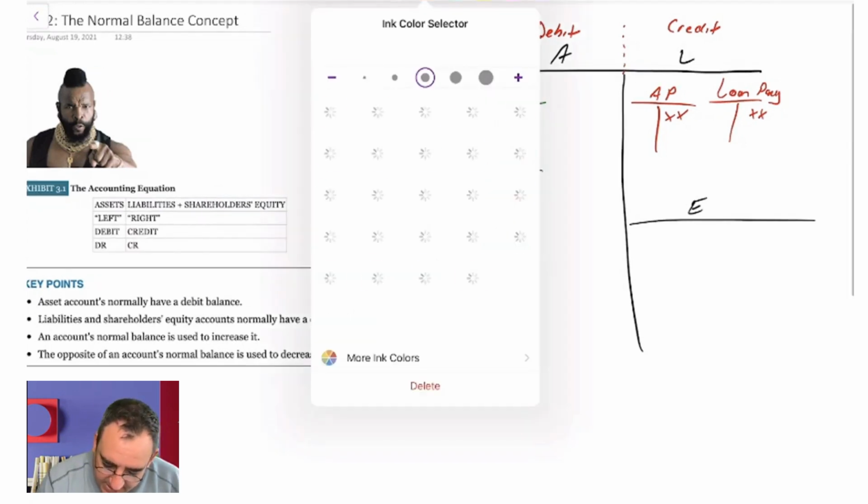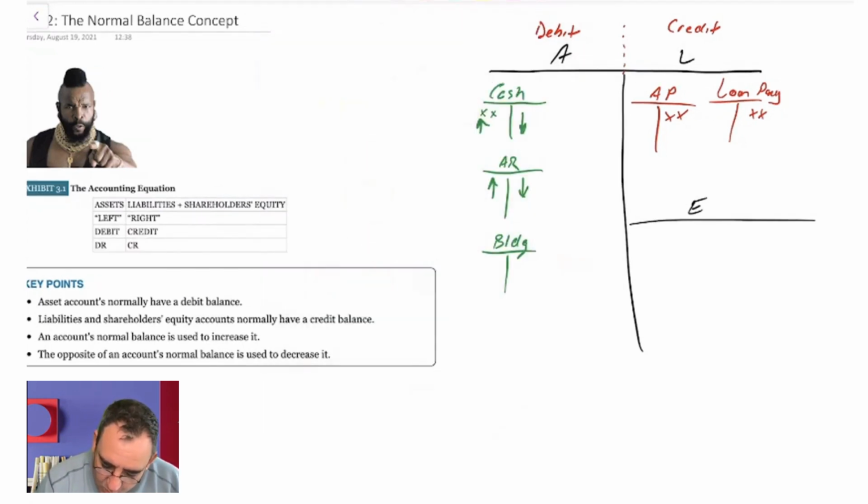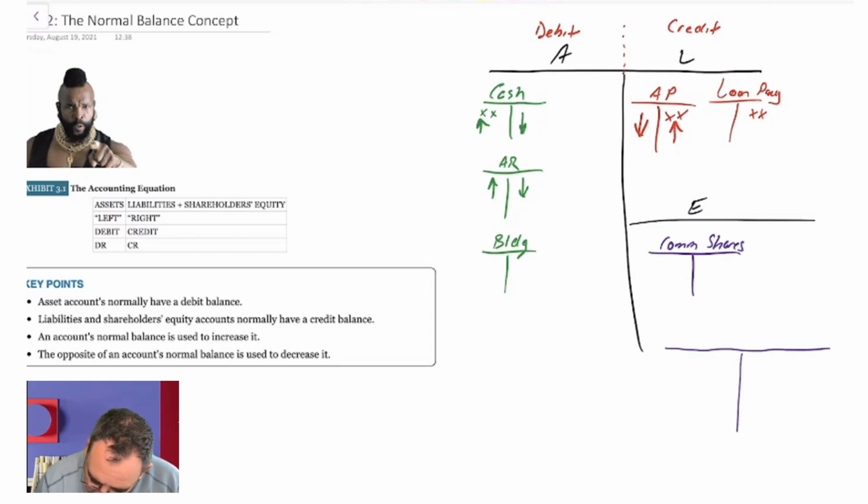So this means then that liabilities will increase on the right side. So when you look at a liability account and you see numbers going in on the right, that means that the liabilities are going up and that they go down on the left. And then we have equity. Remember the other day we had common shares? And then we had something called retained earnings. Well, these are both on the right side of the balance sheet, so their normal balances are going to be